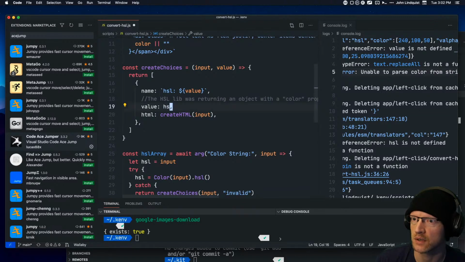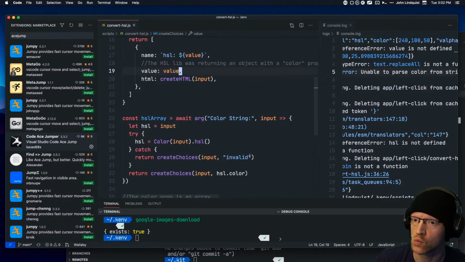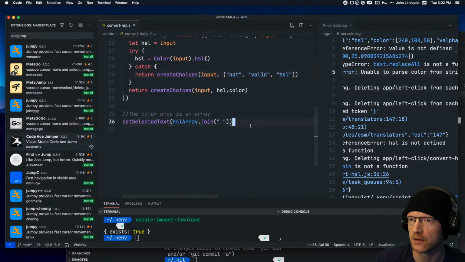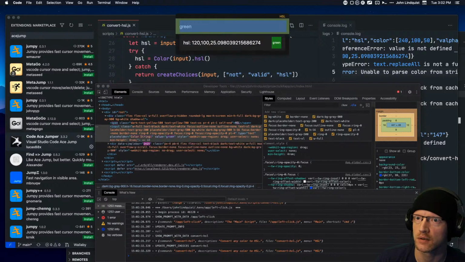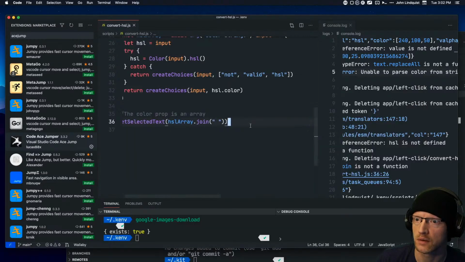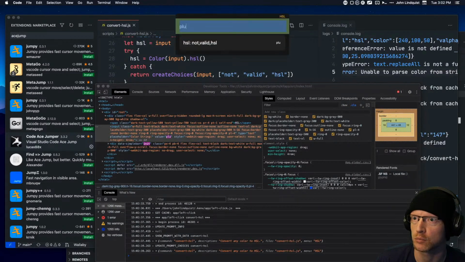This needs to return the value. We'll just be silly and say not valid HSL. And HSL, green, that worked. And then if we do HSL and we do like purple,